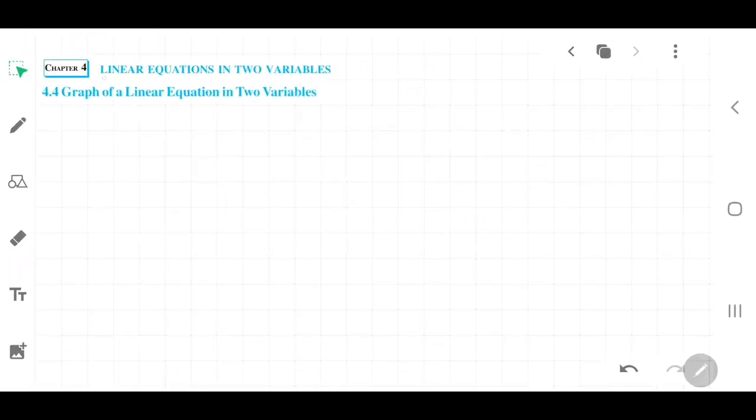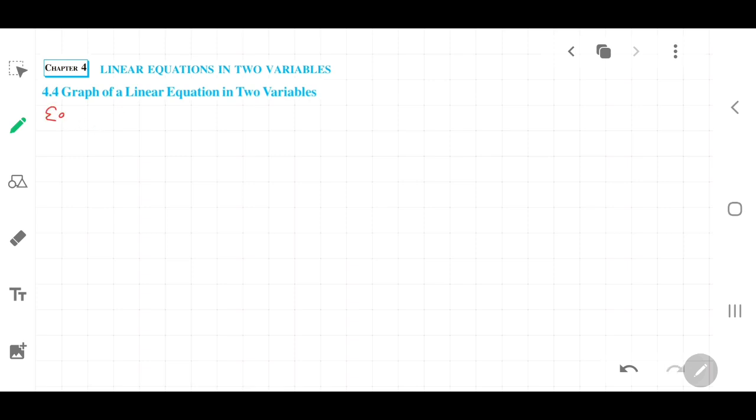Let's watch the video. Students, we'll continue chapter number 4, linear equation in two variables. And today's topic is graph of a linear equation in two variables. So, how to draw the graph based on linear equation in two variables. When an equation is given to you, from the equation you have to find different values of x and y, and represent that in graphical form. Okay,